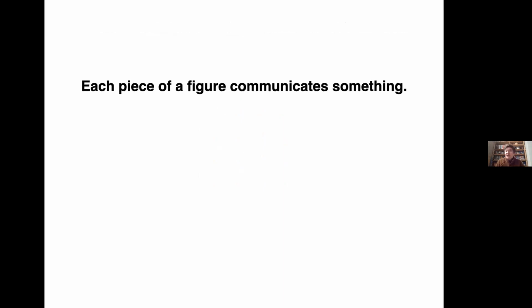So when it comes to figures, and as I've touched on with the last set of slides, each piece of a figure communicates something. In the last slides, we were talking about just the spatial arrangement or the colors or things like that. Each of those things is communicating something different. But if we think of figures that are a little bit closer to home in terms of the types of things we plot as scientists,